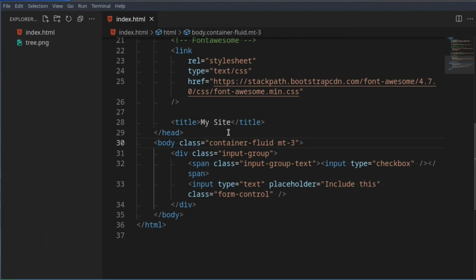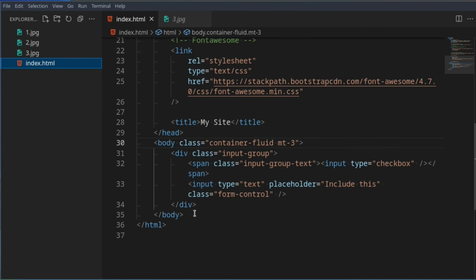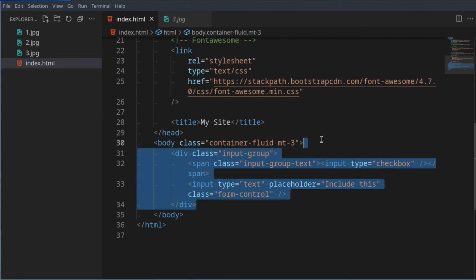So in this tutorial, we'll be taking a look at the carousel, or in other words, the slideshow. For this tutorial, you might want to have maybe 3 images, horizontally or vertically. Both will work as long as they're all somewhat the same width. It would be good. Now the carousel takes quite a lot of boilerplate code, so